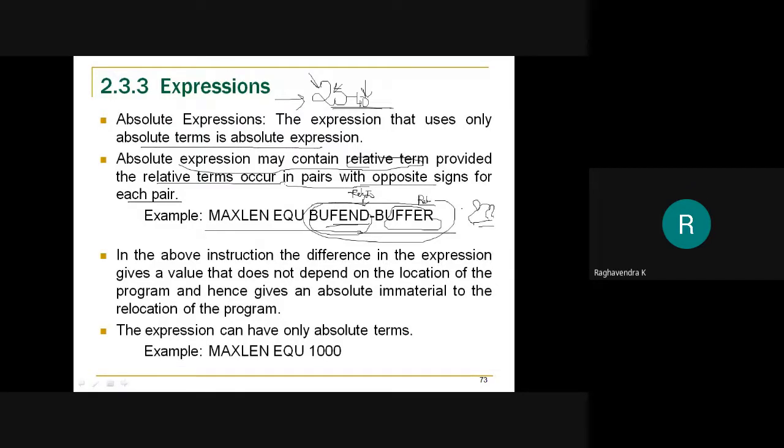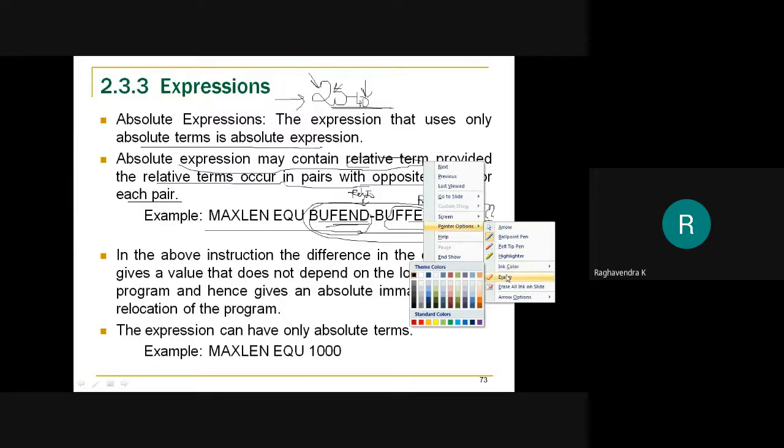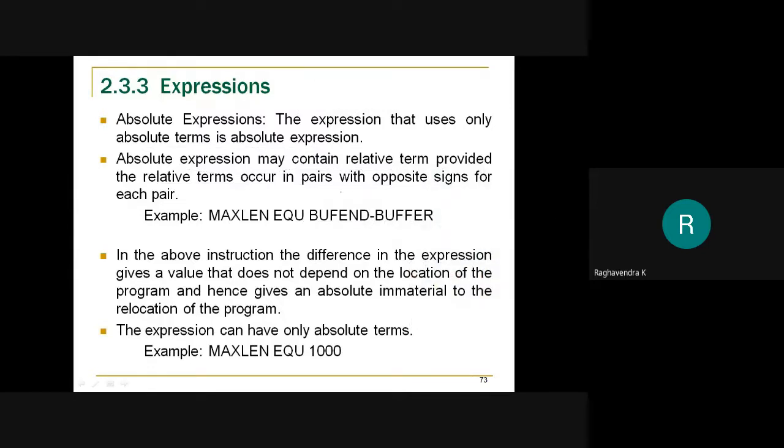So this is an absolute expression. Okay, how it is an absolute expression means, if in an absolute expression you have relative terms, then you should ensure that they are present in opposite signs. Okay, or their pair should be present in opposite signs. Like for example, BUFEND is present as a positive term, and BUFFER is actually present as a negative term. So two relative terms with opposite signs paired to each other. Okay, so this is an absolute expression. Got it? So this is how we can actually form an